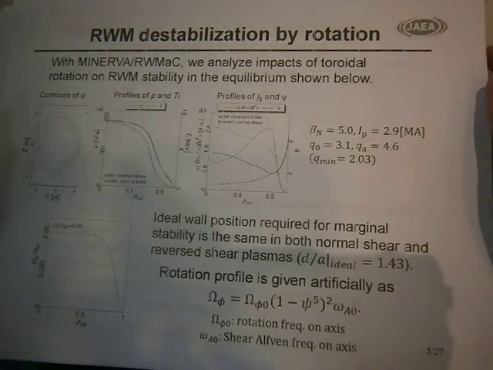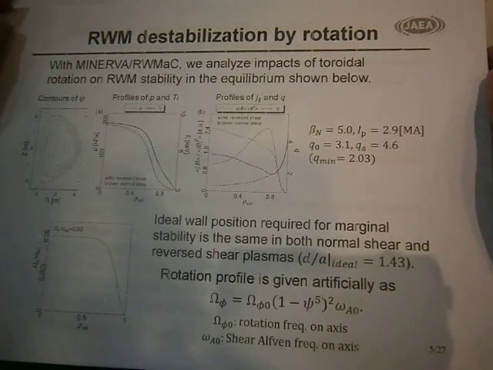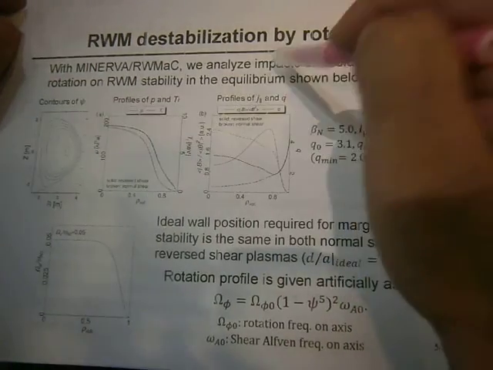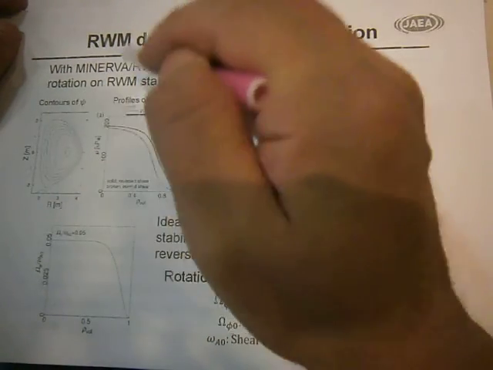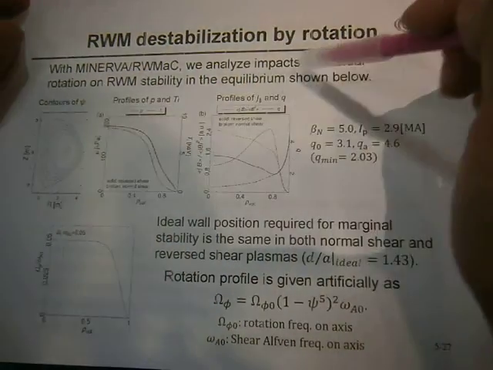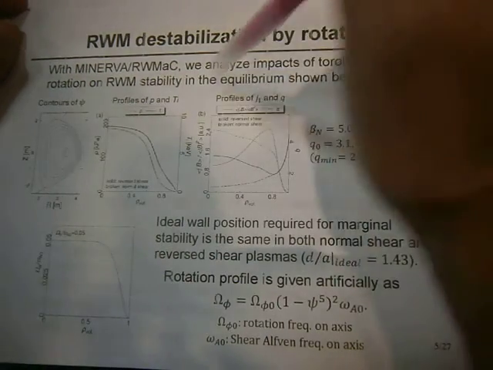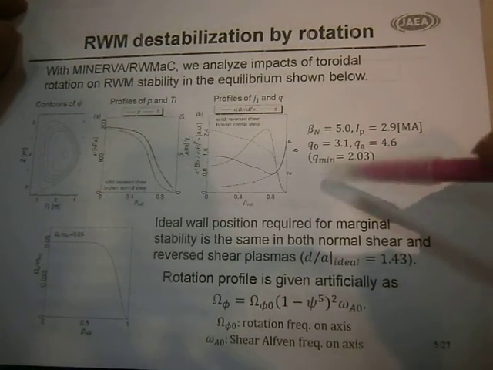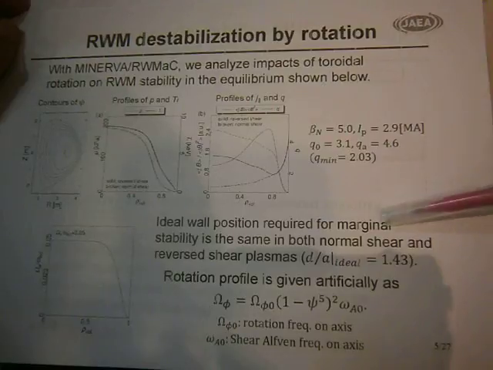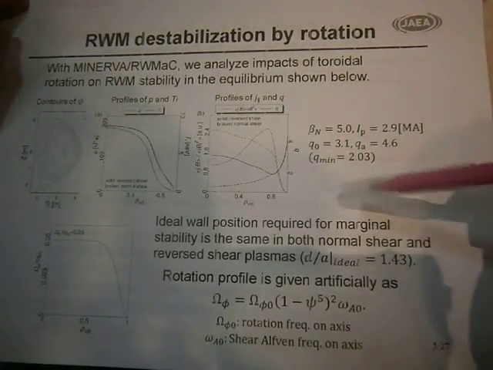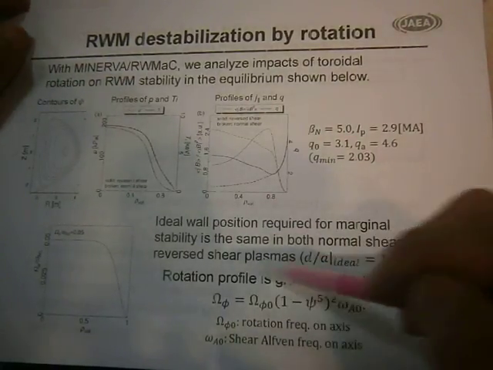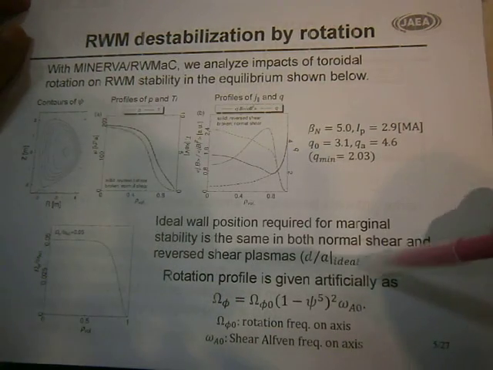Distribution, the rotation on the important toroidal rotation, the RWM stability. The equilibrium shown below is possible from the ideal wall position required for the minimum stability, which is the same as this normal shift and the revolution of the plasma. The rotation profile is given as